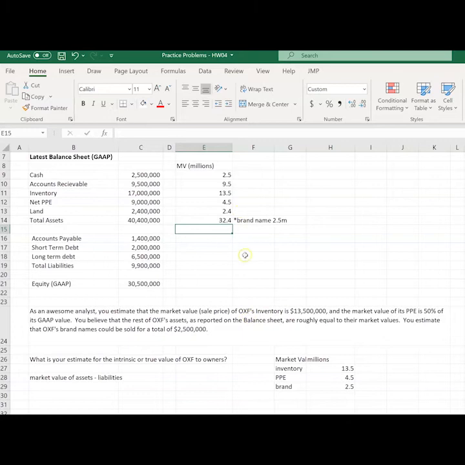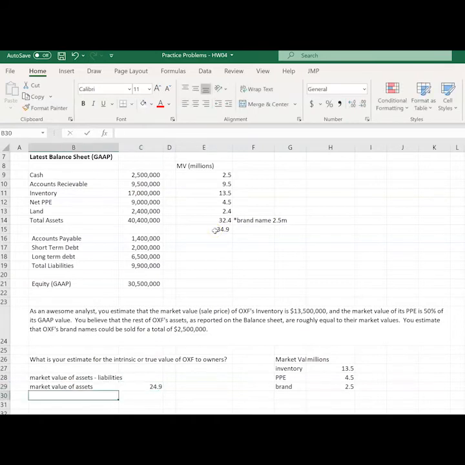All right, and then we're given 13.4, but that's not the true total assets, right? Because Oxford Foundries can easily sell their brand name and get another 2.5 million for it. So we're going to go ahead and add that to our total assets. So right here, we're going to do 32.4 plus 2.5. All right, so that is our market value of assets. This is the GAAP value, this is the market value. In order to find the true value of equity, we use the market value of assets we just found, which is